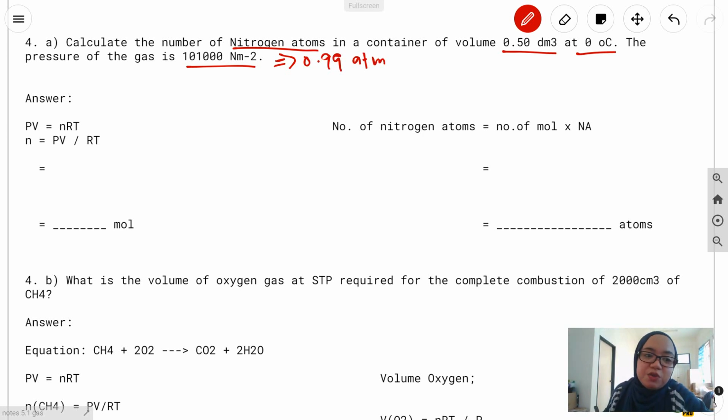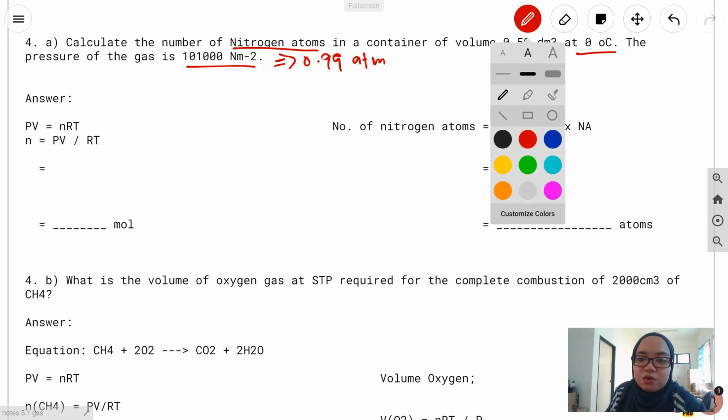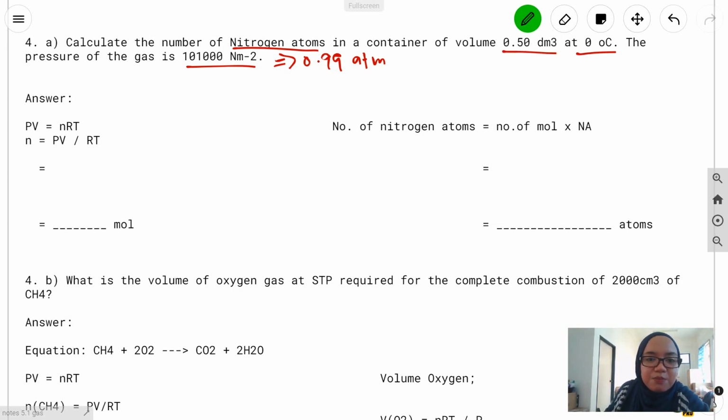Alright, so first we need to find the number of mole. Because we want to find the number of nitrogen atoms, since we need to multiply by the Avogadro constant later on. So we need to find the number of mole. We have PV equals nRT, and when we rearrange the formula, we get n is equals to PV over RT. So the pressure is